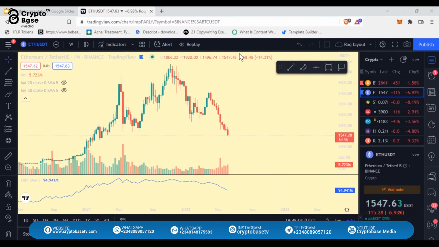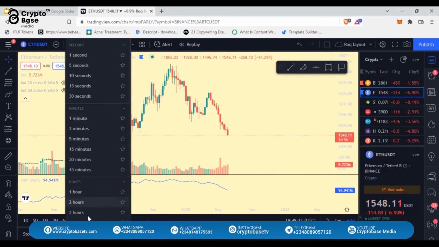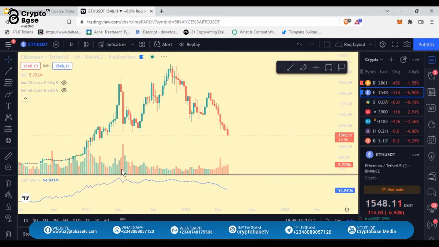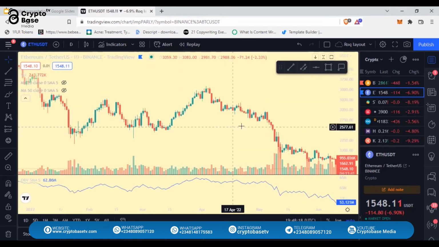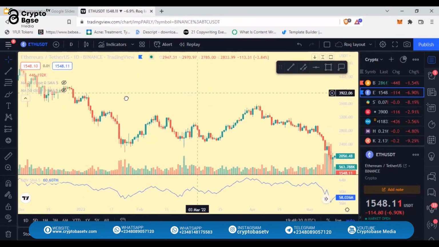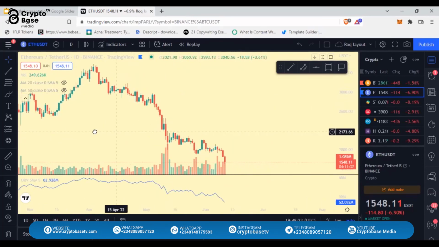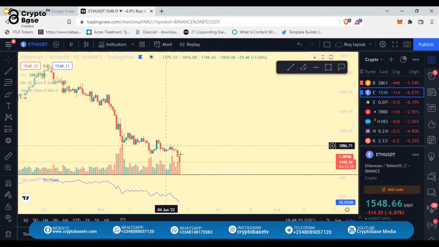Crazy. Okay, let's continue. You first start with your weekly time frame, and then you move down to, let's say, your 1 day time frame to look for patterns. Look for candlesticks, look for possible patterns that you can use to trade. That is it. Now, once you see a pattern, let's say for example now,